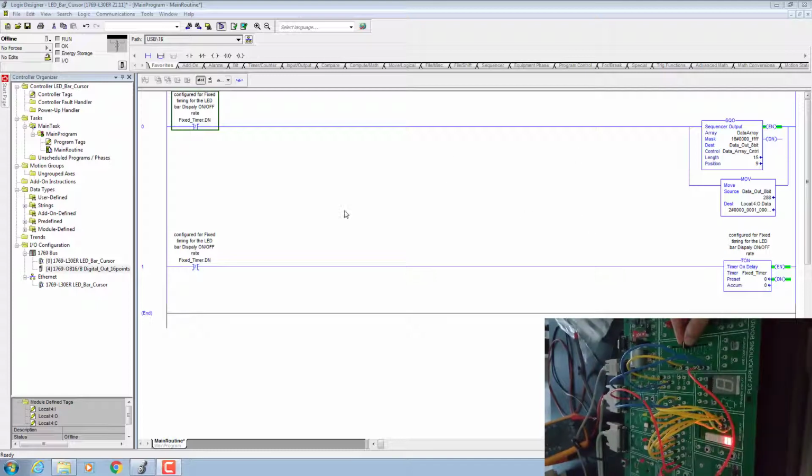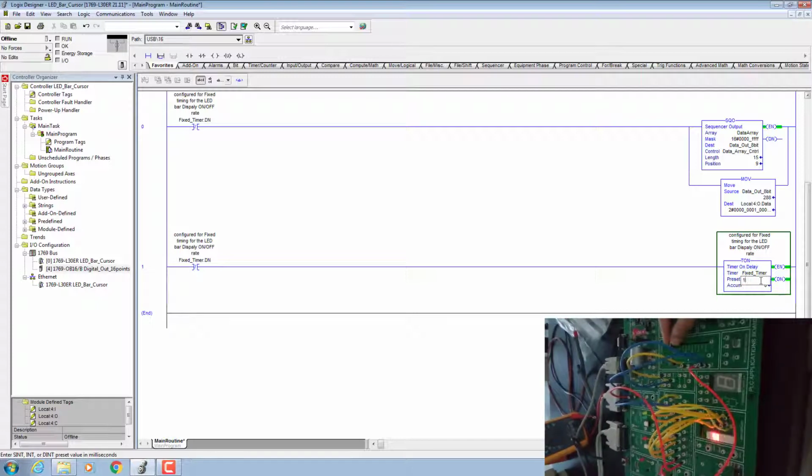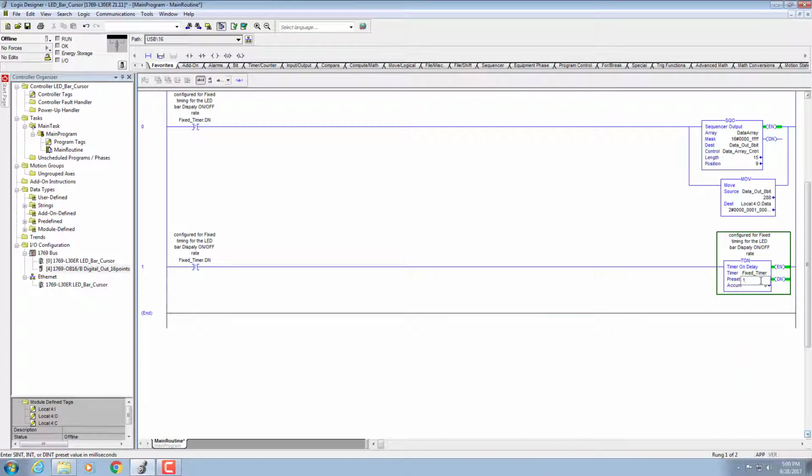This was the previous code, which was running at a fixed speed; this timer was set to a fixed rate of 100 milliseconds. If you remember, and if you have watched my previous video, I mentioned that I will be using an analog input module to read analog voltage, and based on that analog voltage I will be deciding the rate of the moving cursor. So let's start